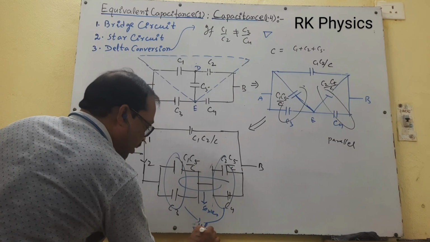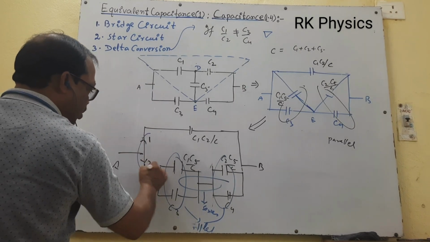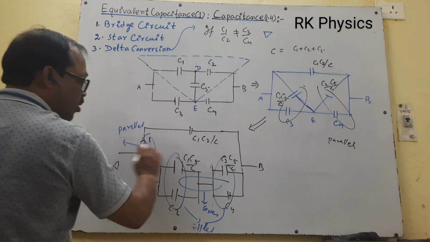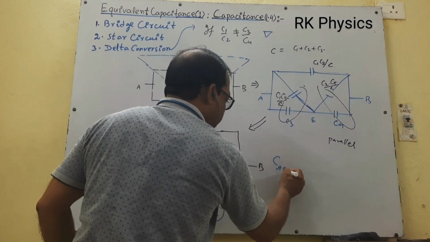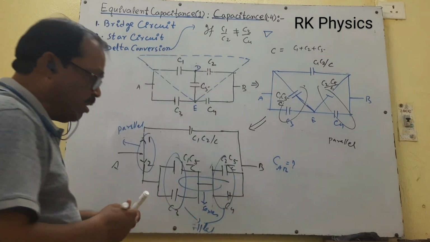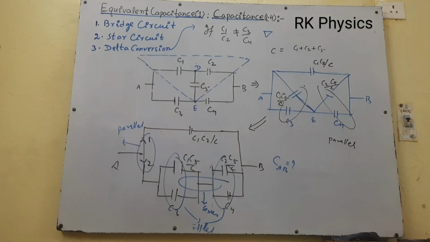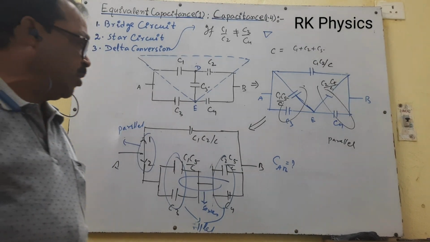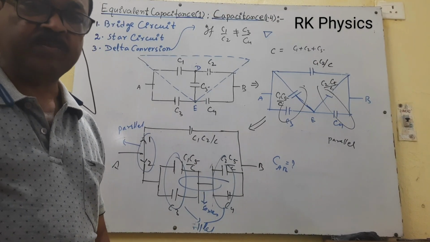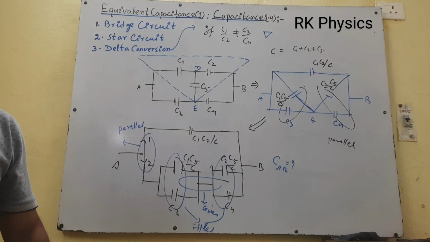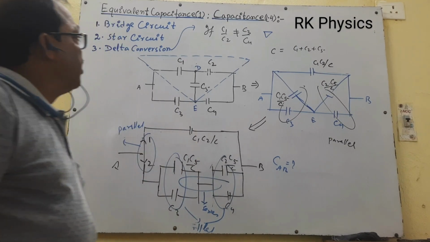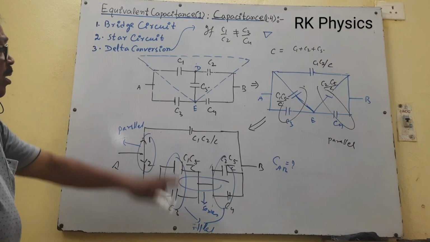And finally, path 1 and path 2 are again parallel. So you can find out the equivalent capacitance. Now in this case the calculation may be somewhat tedious, somewhat difficult, but it is possible to solve by delta conversion